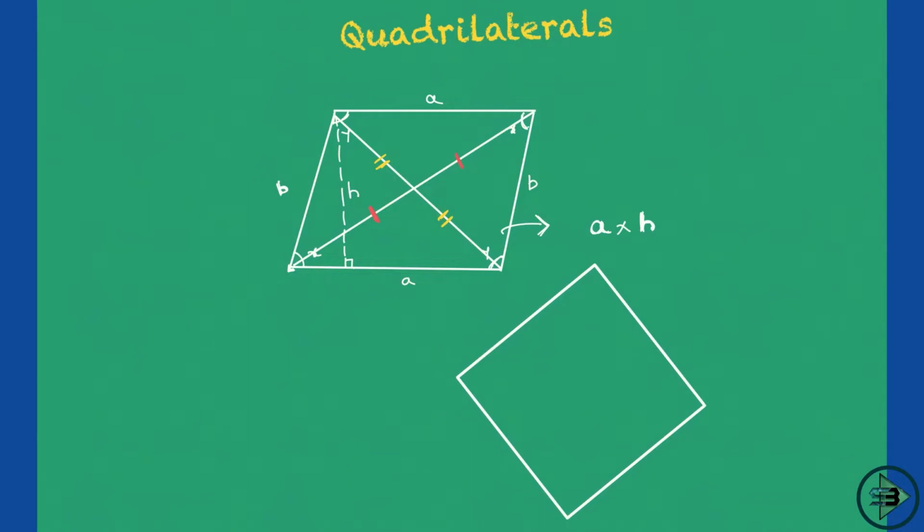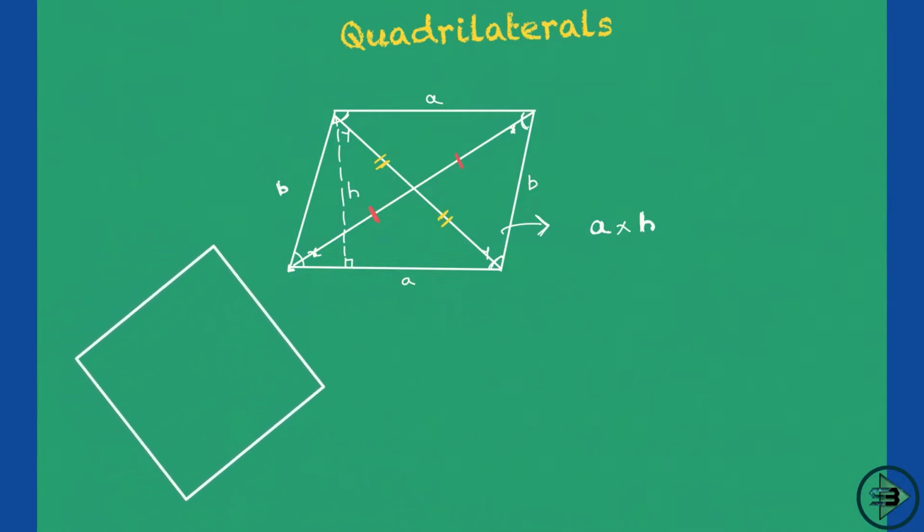And what do you know about a rhombus? All four sides will be equal. So if one side is A, this is also A, this is also A, and this is also A. Diagonals. Let's draw the diagonals for the rhombus. Let's put this as one diagonal, and let's draw another diagonal. Let's put this at the right place. This is how it will look.